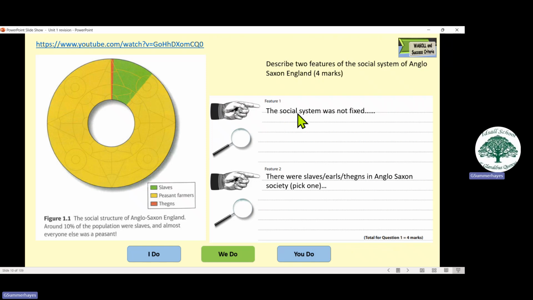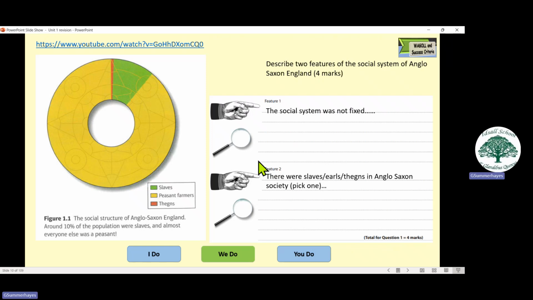but you would need, as always, one feature and then a supporting argument, which is hence the dots. You needed to put the extra in there to get the 2 marks there, and then a different feature. The second one can't be too close to feature one, otherwise you won't get the marks. And again, 2 sentences for that. So you get the full 4 marks. You've got 2 for feature 1 and 2 for feature 2.